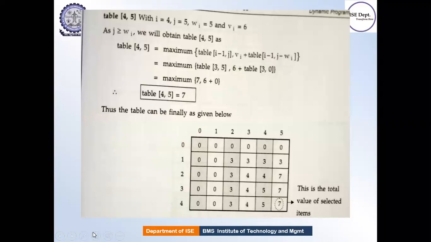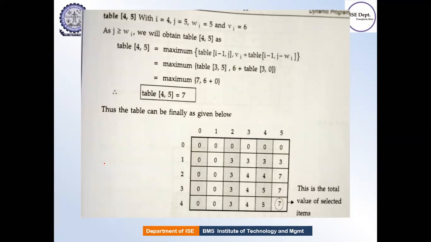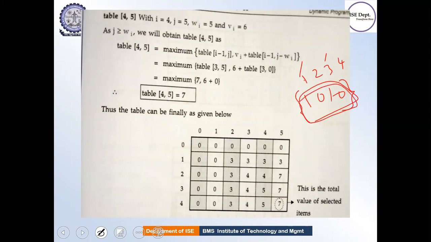Your final result should be in the form of a set, whether an object is accepted or not. If you have objects 1, 2, 3 and 4, suppose I select object 1 and object 3. So if I select object 1, it should be 1. If I am not selecting object 2, it should be 0. So it should be 1, 0, 1, 0. Your final result should be something like this, correct? So what I should do here is see which objects I need to select in order to get the maximum profit.